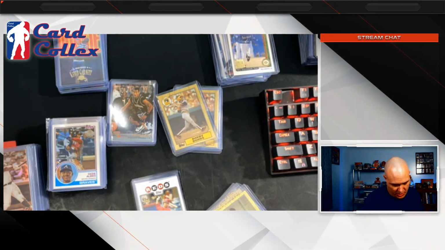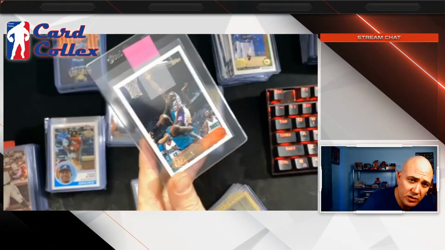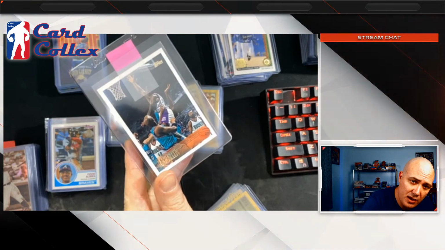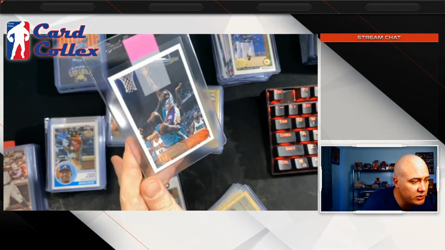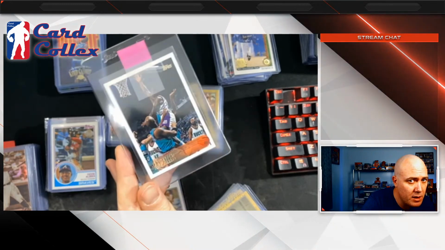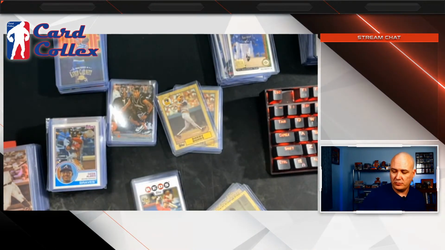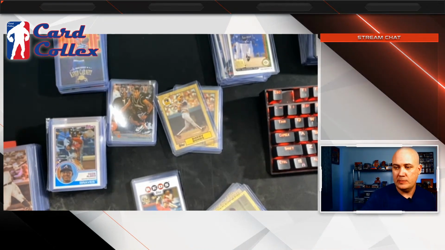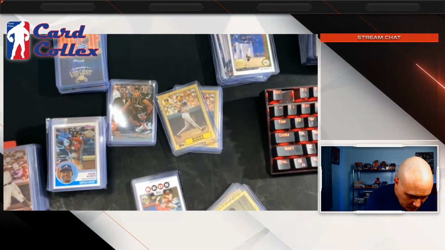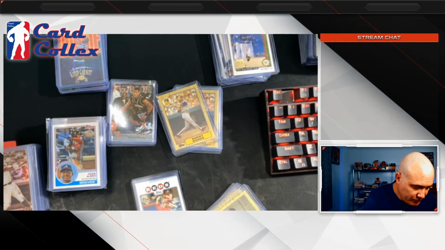So, yeah, I think I'll hold that back. It's a little off center. This card is just a little off center to the right and top to bottom, but probably still good enough to get a 9. So I don't want to sell that right away. I'm going to set these aside for right now.